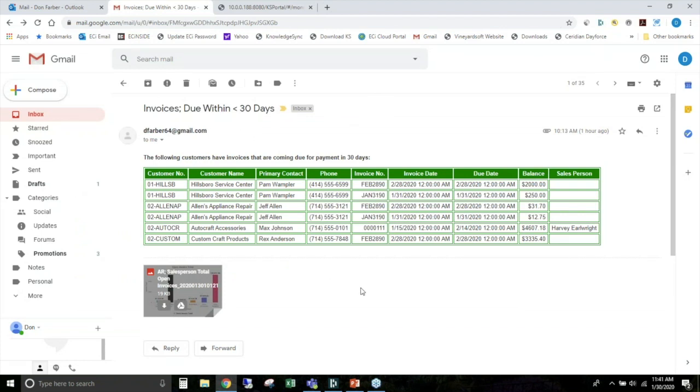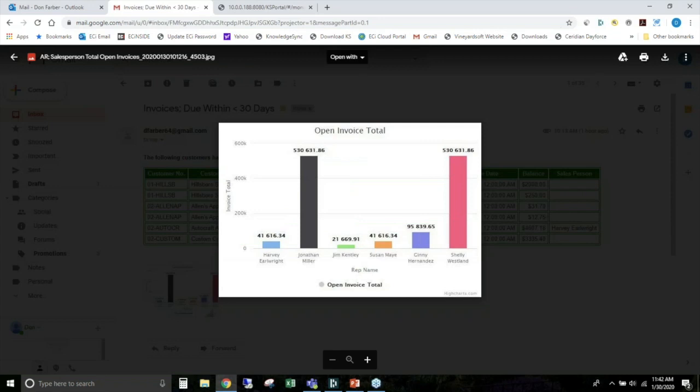So there were 6 matching records, 6 invoices that are coming due. I actually have one example, I think, of an invoice, 2 of them that are coming due, in fact, tomorrow. And then, as you might recall, we said that we have the ability to attach charts, graphs, documents like invoices and statements. In this particular case, I just wanted to get a sense for all of the open invoices that I have. How are they distributed,